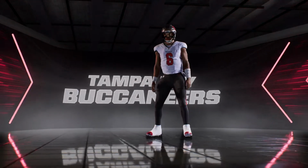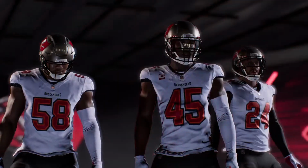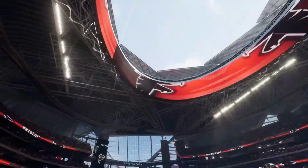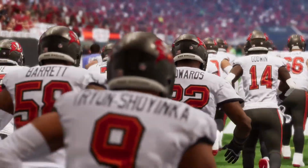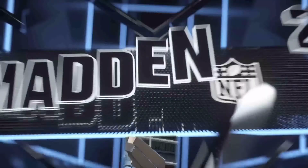The Falcons and the Bucs, and it's all up next. EA Sports coverage of the National Football League is on the air. Today, the curtain falls on the regular season, and we've got a good one in store between the Tampa Bay Buccaneers and the...